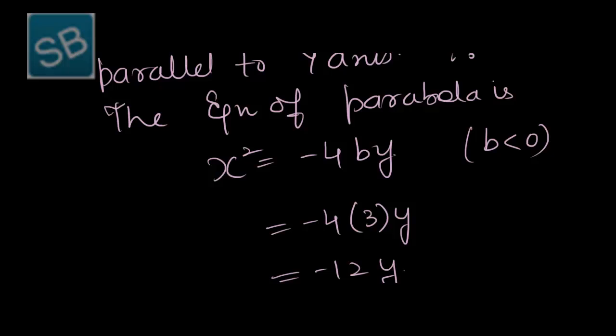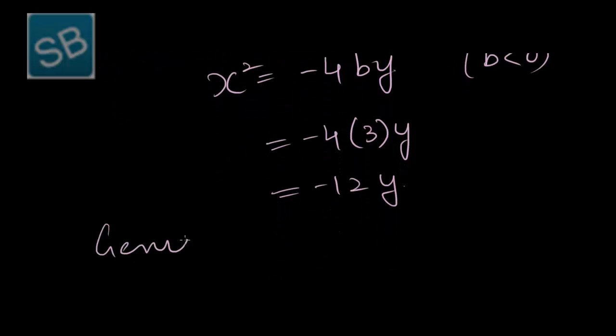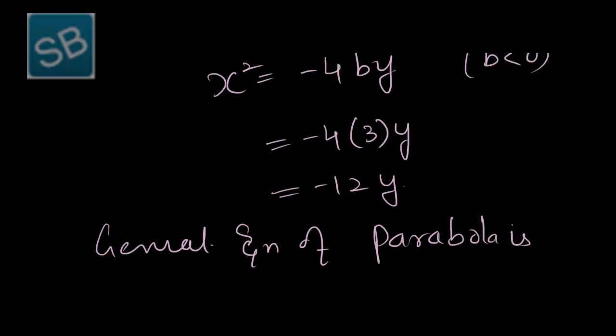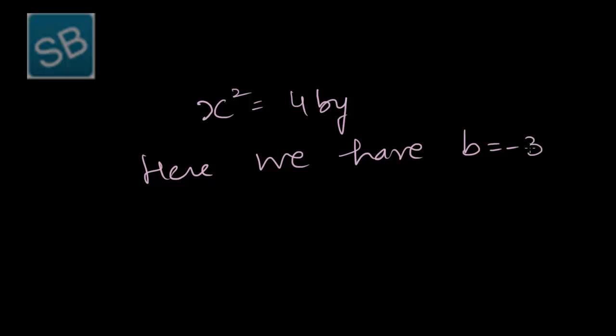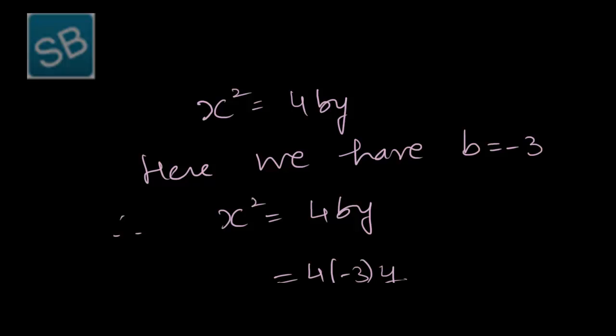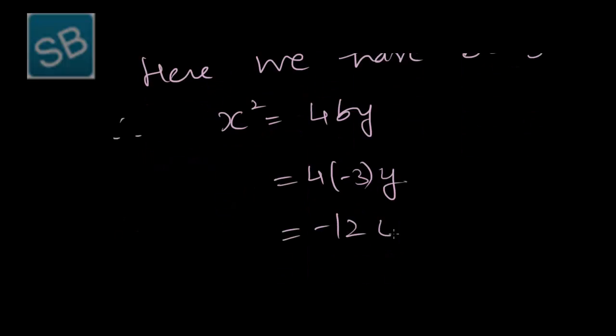Or we can say general equation of parabola is x square is equal to 4by. Here we have b is equal to minus 3. Therefore, x square is equal to 4by becomes 4 into minus 3 into y, that is minus 12y, which is